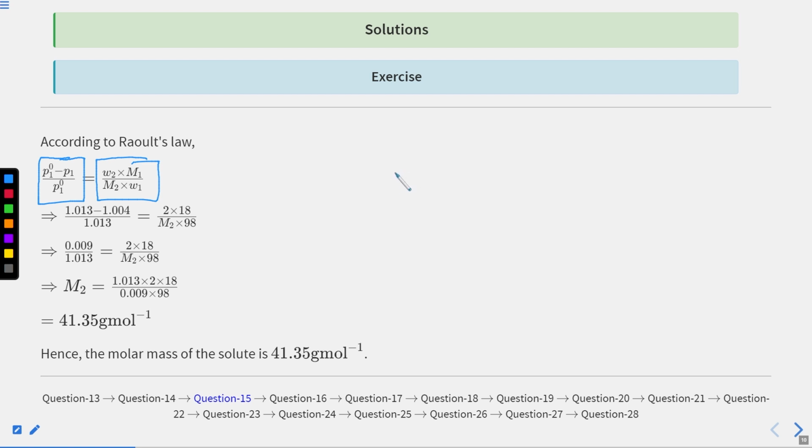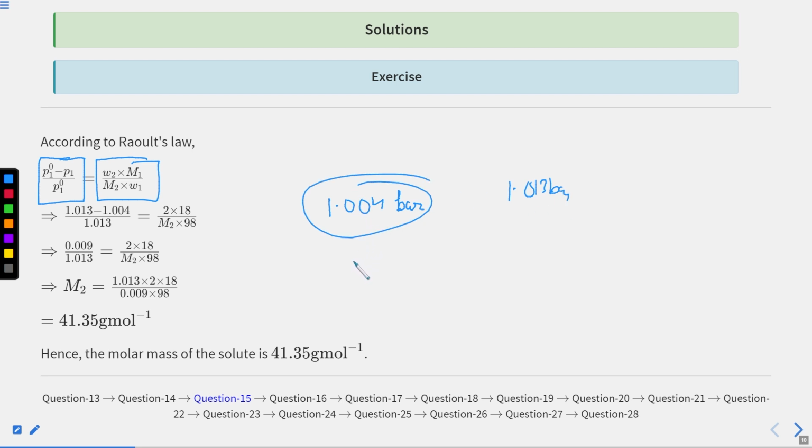vapor pressure of the solution should be equal to the atmospheric pressure, right? Now it is being said that we take a condition which involves a lowering of vapor pressure. So it is seen that at the boiling point of the solvent, the vapor pressure is lower by how much? It is 1.004. Okay, so this is the vapor pressure that is being seen for the solution at the boiling point of the solvent. Since this vapor pressure should be equal to